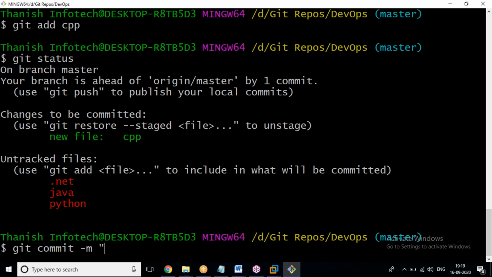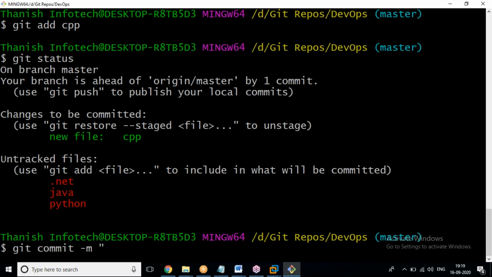That also is only one time. This git config is also only one time. You need not configure again and again whenever you commit or push. It is a one-time configuration. And whenever you push from your local to the remote machine, that is also a one-time configuration. You need not apply the username and password again and again.